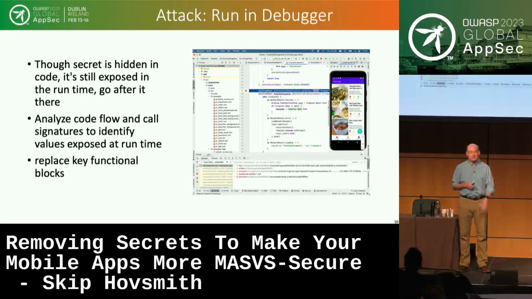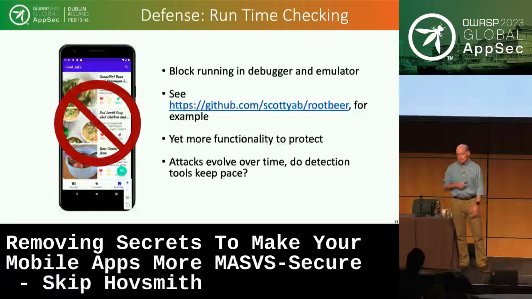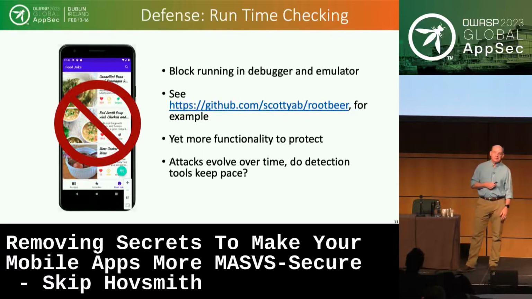The other thing they can do is they can start cutting and slicing different things out. So if you have some security in the system, they can slice that out and bypass it potentially in a debugger. So the defense is to start adding runtime defenses into your code. So you're going to want to detect or block the running of a debugger or the attachment of a debugger or an emulator. RootBeer is a reasonable project if you want to take a look at what some of the defense techniques are that are being used.